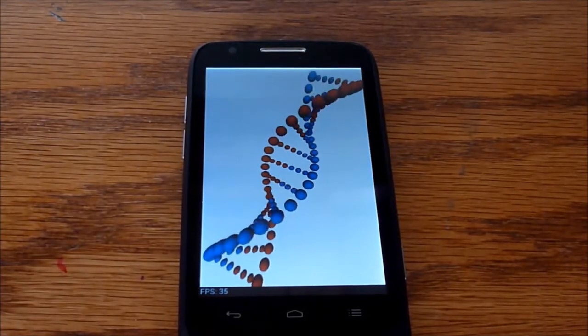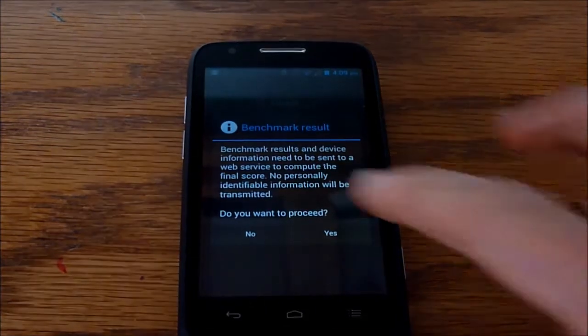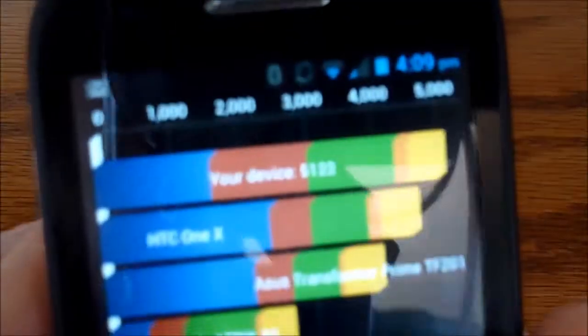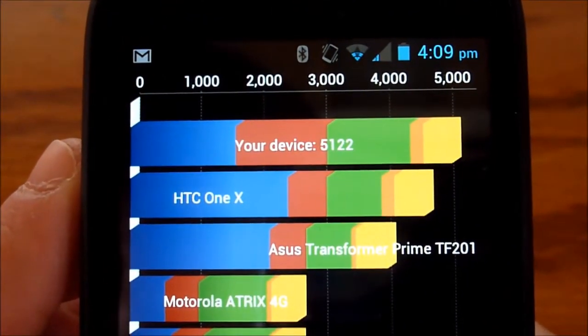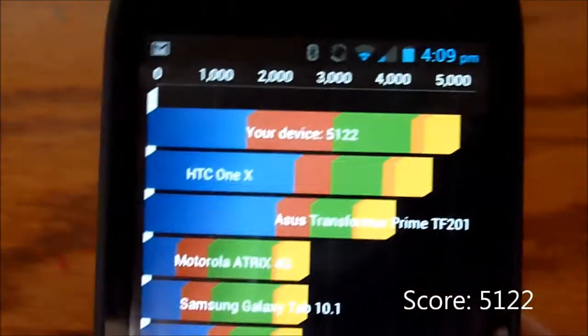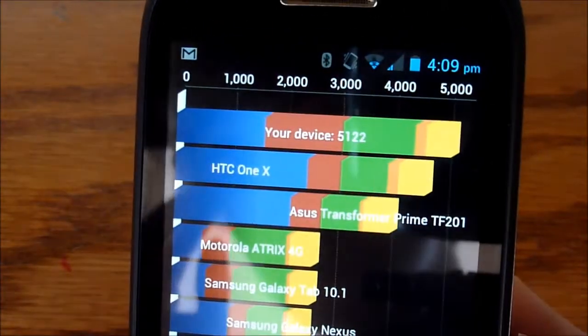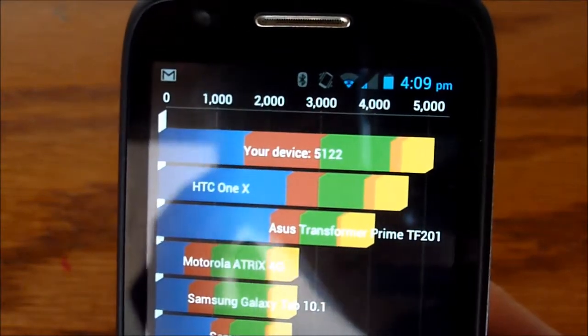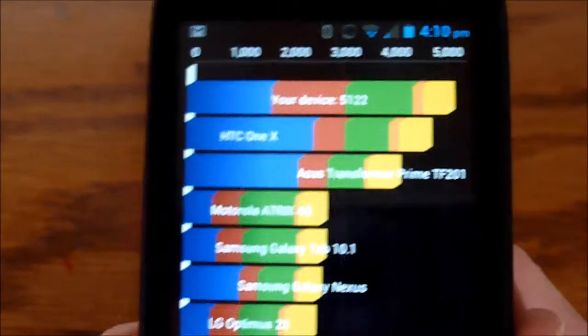We'll let this thing continue out here. But next I'm going to... Oh, actually, there we go. That was really fast for completing that test. And as you can see, your device is there at the top with 5,122. I did perform this test once before I did it for the video, and I got 5,300 and something. So I guess low to mid 5,000 range. Puts it above the 1X, but it does not...